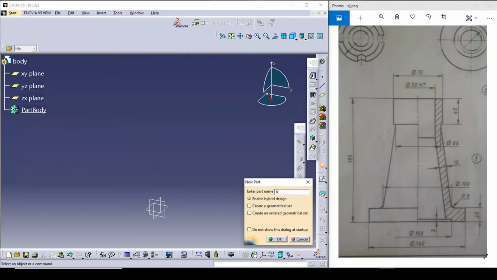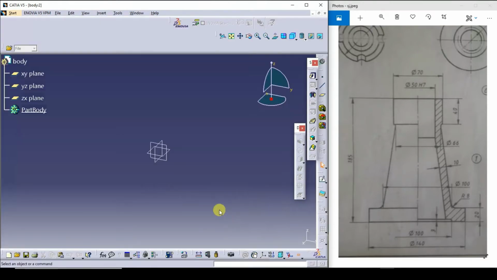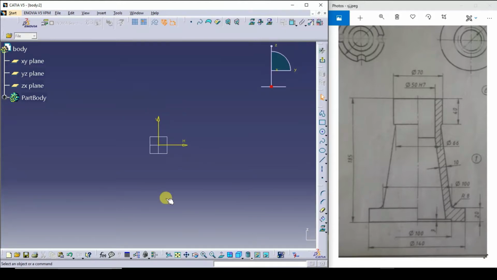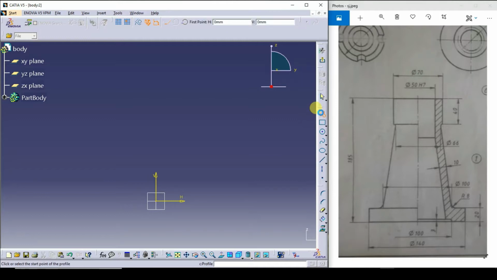So I will give the name as a body. Select this plane. Just I will drag this a little bit towards the bottom. I will go to the profile command.